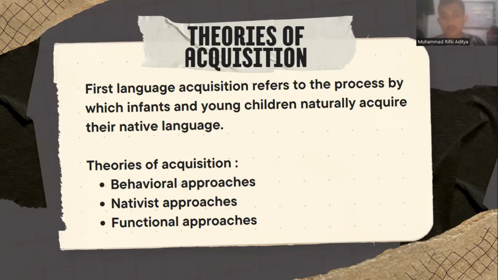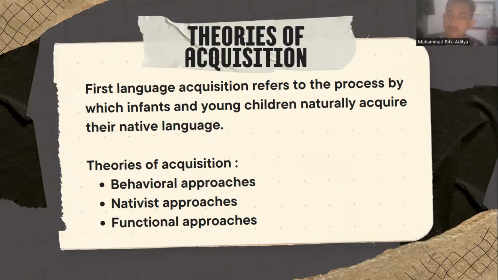Chomsky introduced the concept of the language acquisition device, or LAD, a hypothetical tool in the brain that helps children rapidly learn and understand language. Same as the behavioral approach, this nativist approach has a challenge too. There are two challenges here. First is